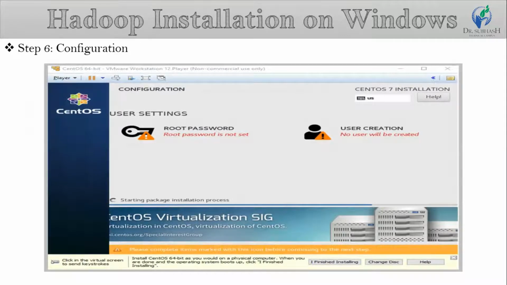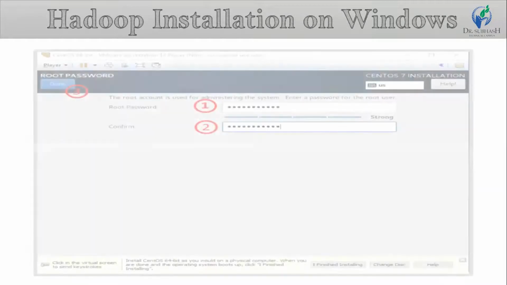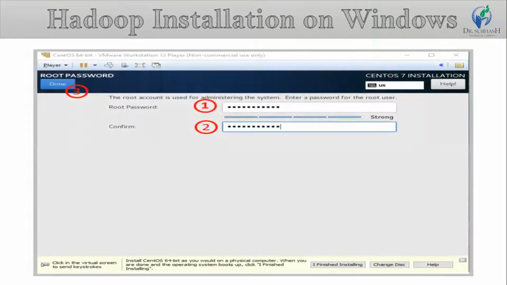But before that, you need to set the root password and create a user. So for that, click on root password, which will direct you to this image.